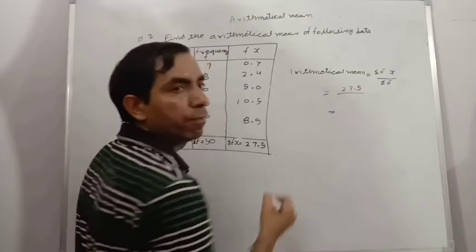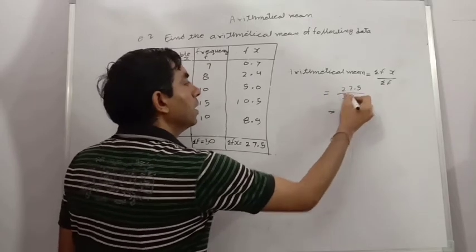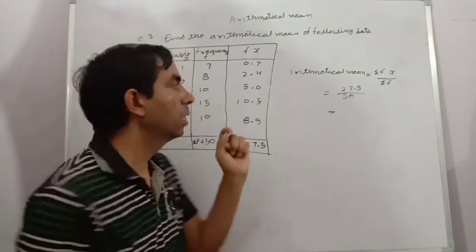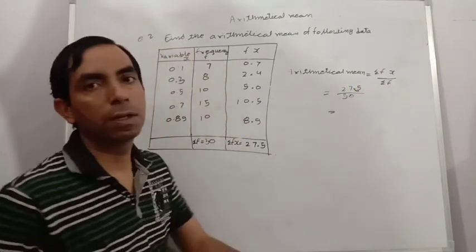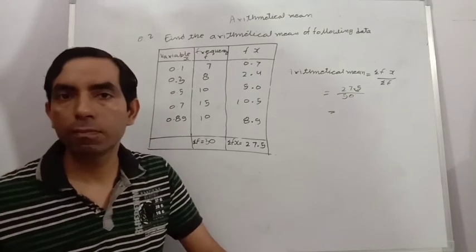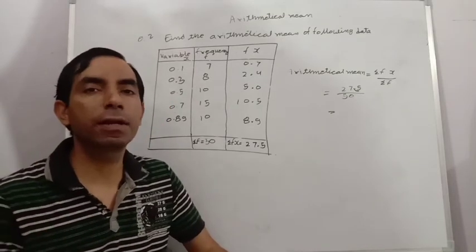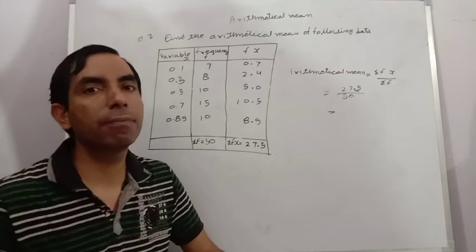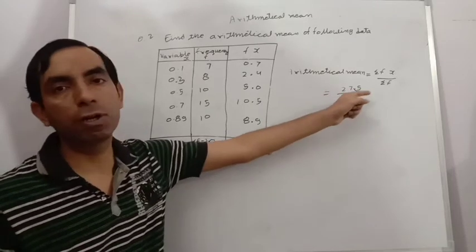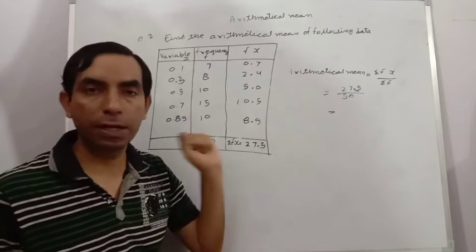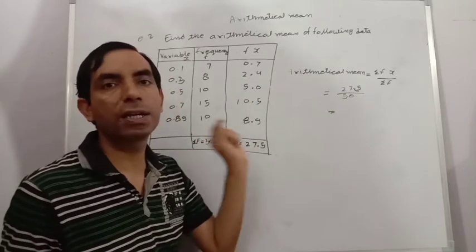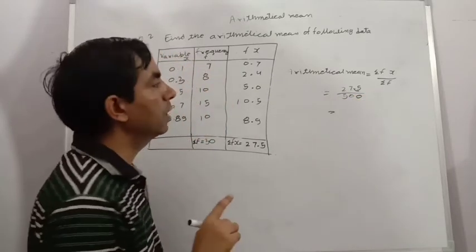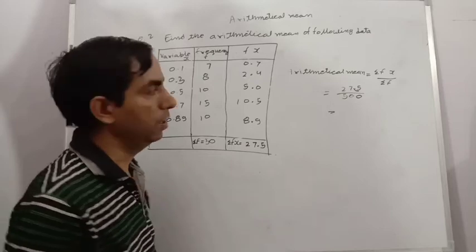27.5 upon 50. In decimal numbers, generally for division, first we remove the decimal. After removing the decimal, if the denominator has any number, then write 0 directly, and if the denominator has nothing, then write 1. After that, write as many zeros as the number of digits given after the decimal. Here after the decimal there is 1 digit, so in the denominator we write 10. So we get 500. Now we divide 275 by 500.